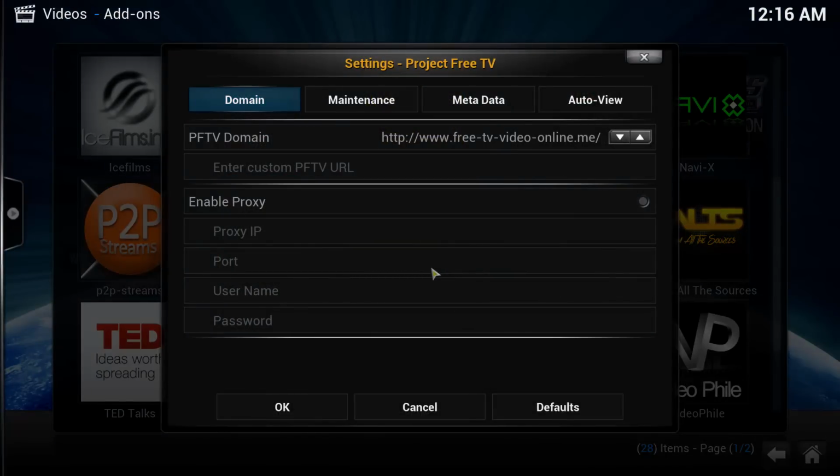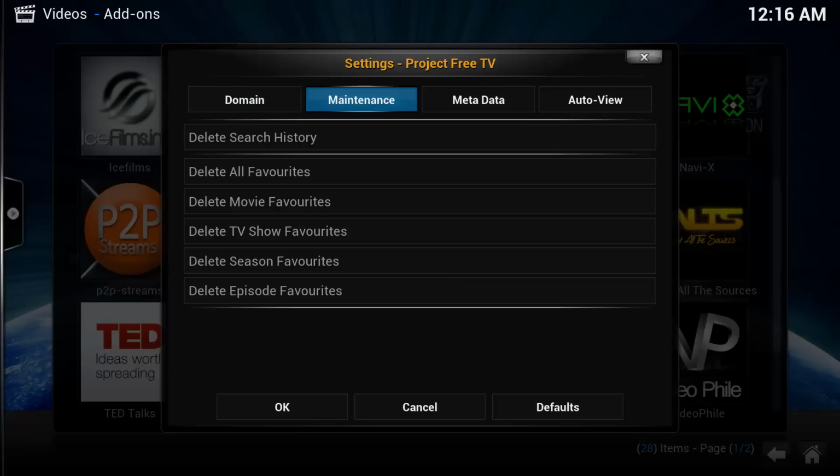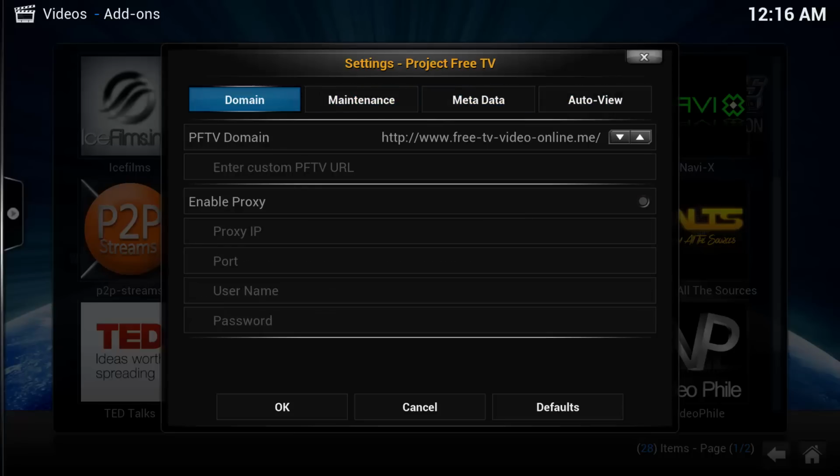Okay, where it says PFT domain, you can see on the right hand side it's got a couple of links there, where it says PFT domain in the domain tab. It's got an up and down arrow next to it. You want to click on the down arrow once until it shows custom URL. Okay, now you can see the bottom box, you can enter something in there, so I want you to left click it once,